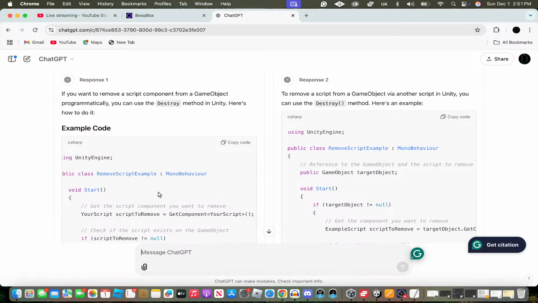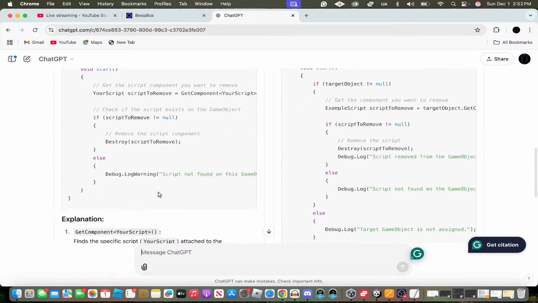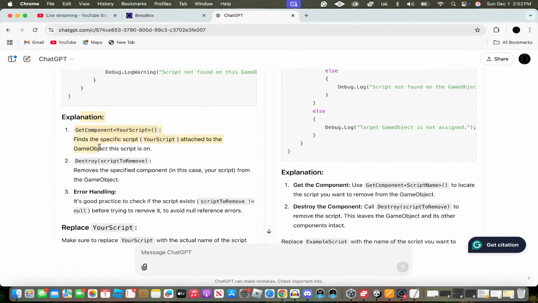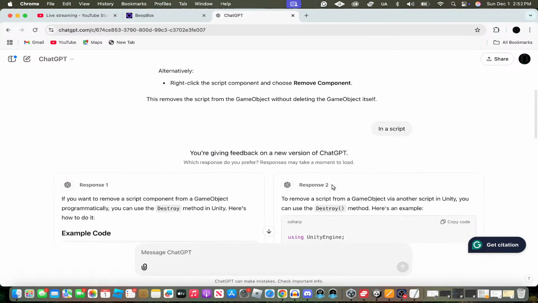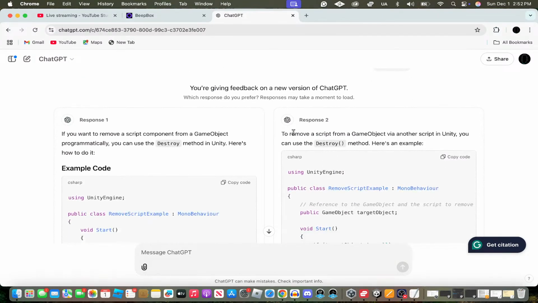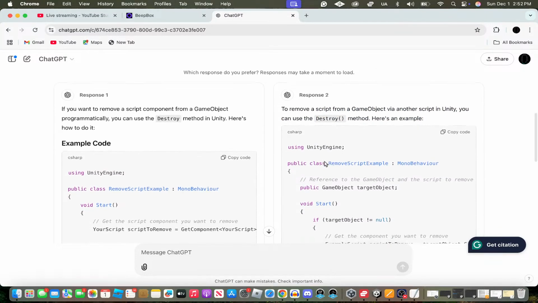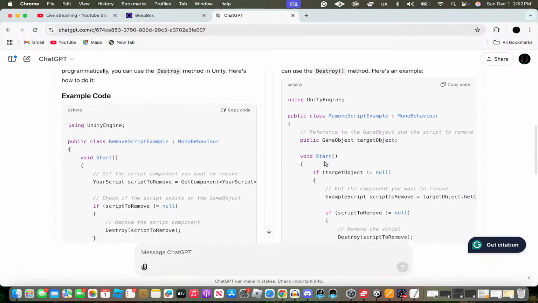Example code. Using UnityEngine. Public blah blah blah. Explanation. Then to remove a script from a game object via another script in Unity, you can use the destroy